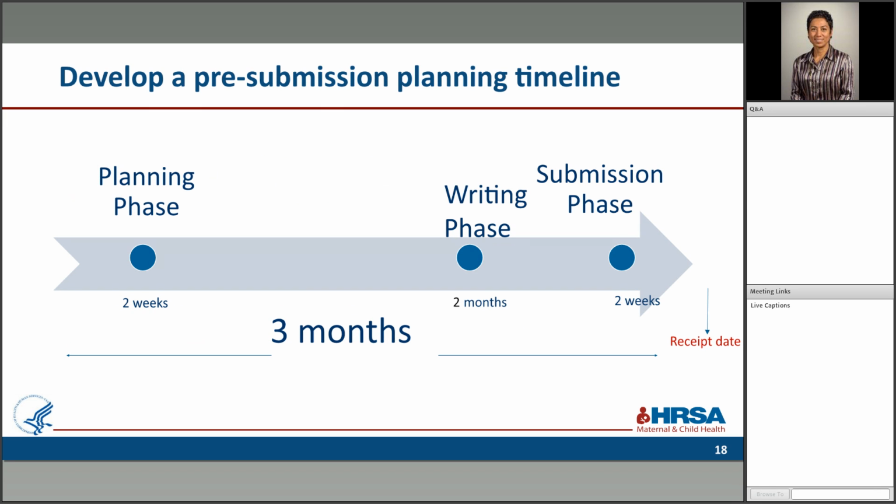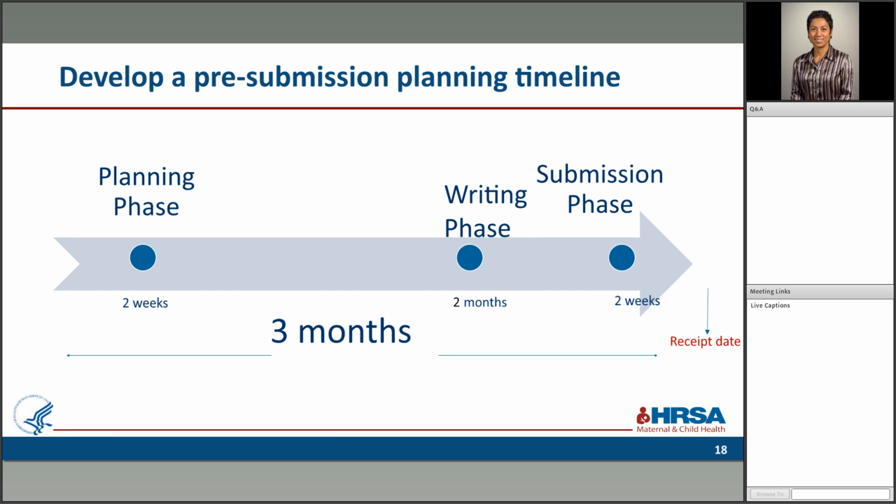Based on our 90-day grant application window, this pre-submission planning timeline shown here on this slide is but one example of how you can plan in a very simple way, or you can make this as detailed as you like, so you can track your progress to submission. Your times allotted to the various phases may vary based on the resources available to you and your level of experience applying for grants. However you decide to break up the phases, you should consider building in time to plan,